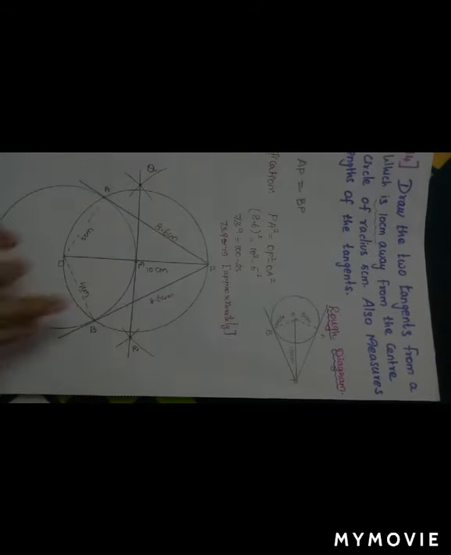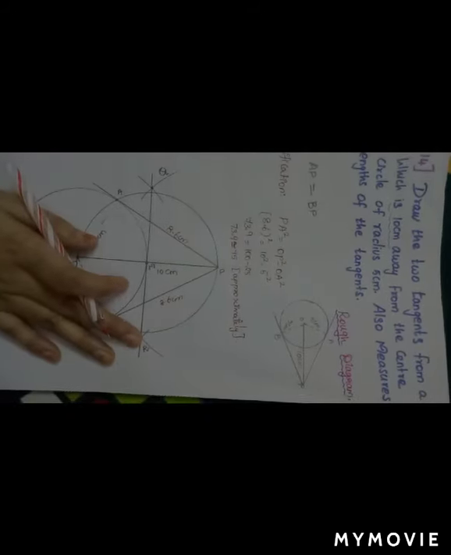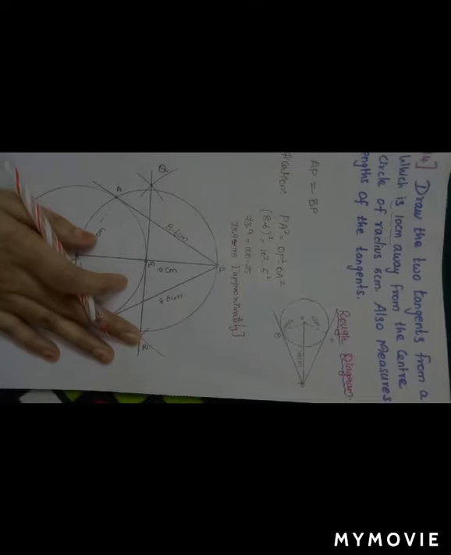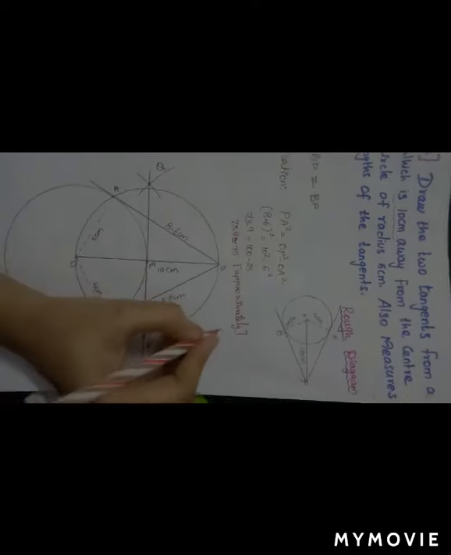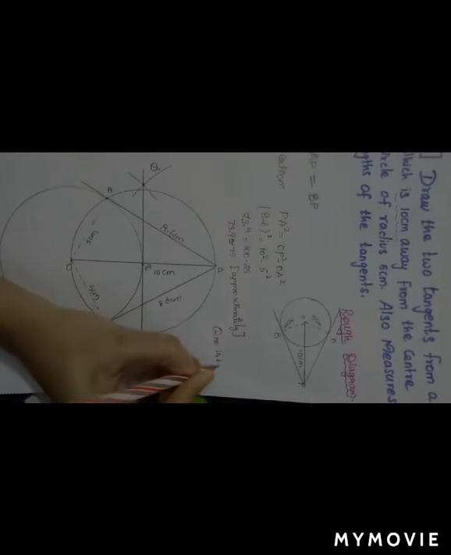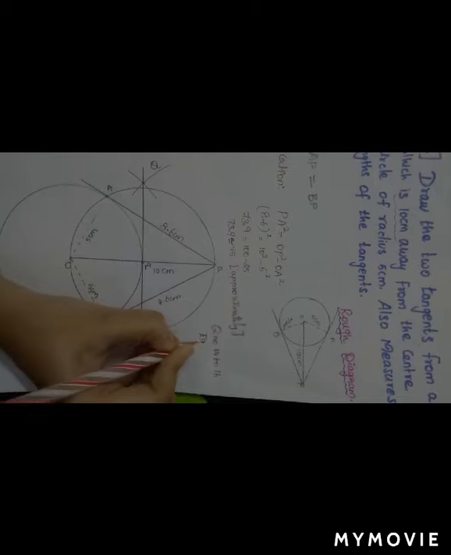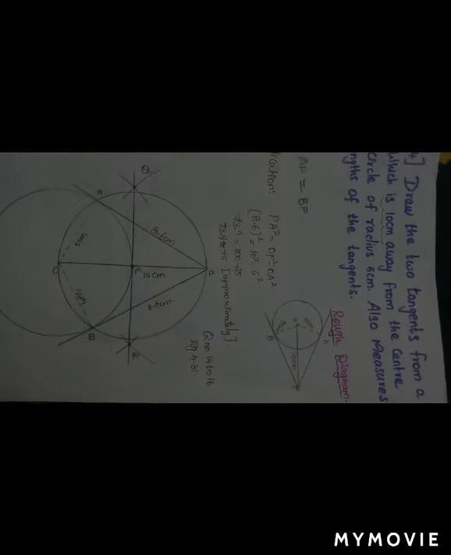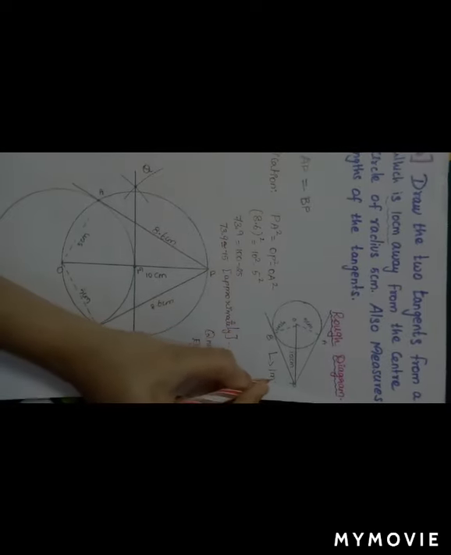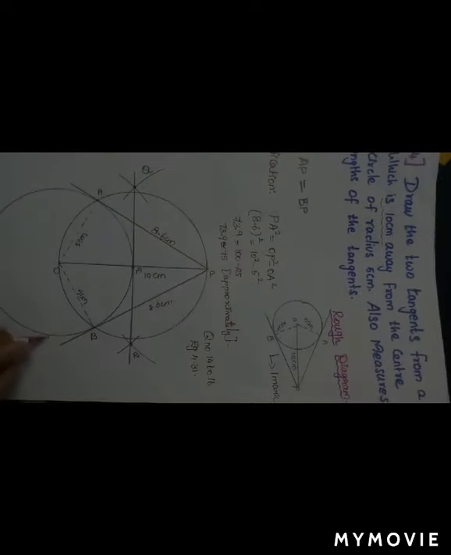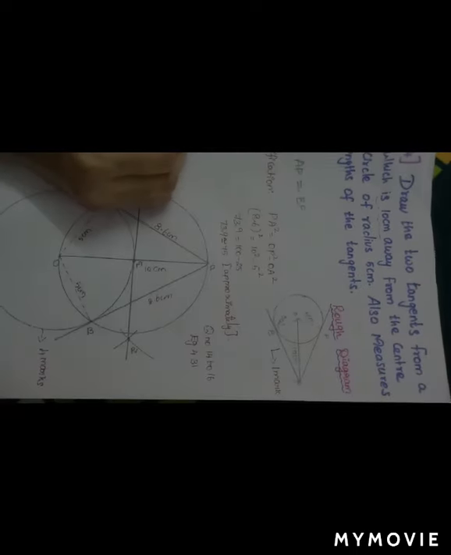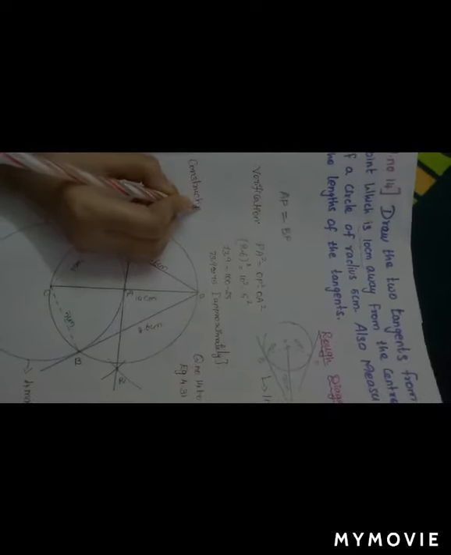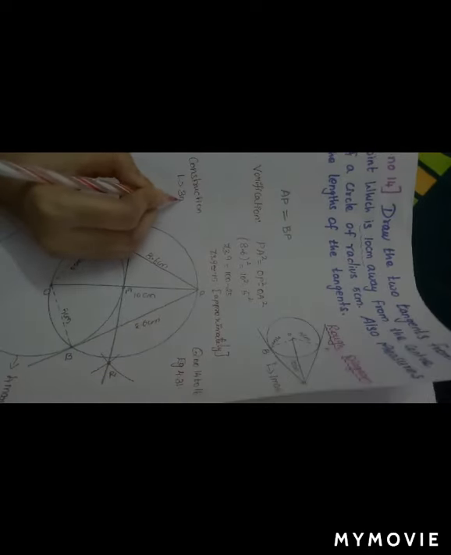What I said now, the same thing you're going to write in the construction. You can go through the construction given in the textbook also. Same model is from your question number 14 to 16 and your example 4.31. Now let's see the allocation of marks. Rough diagram 1 mark, fair diagram 4 marks, construction 3 marks.